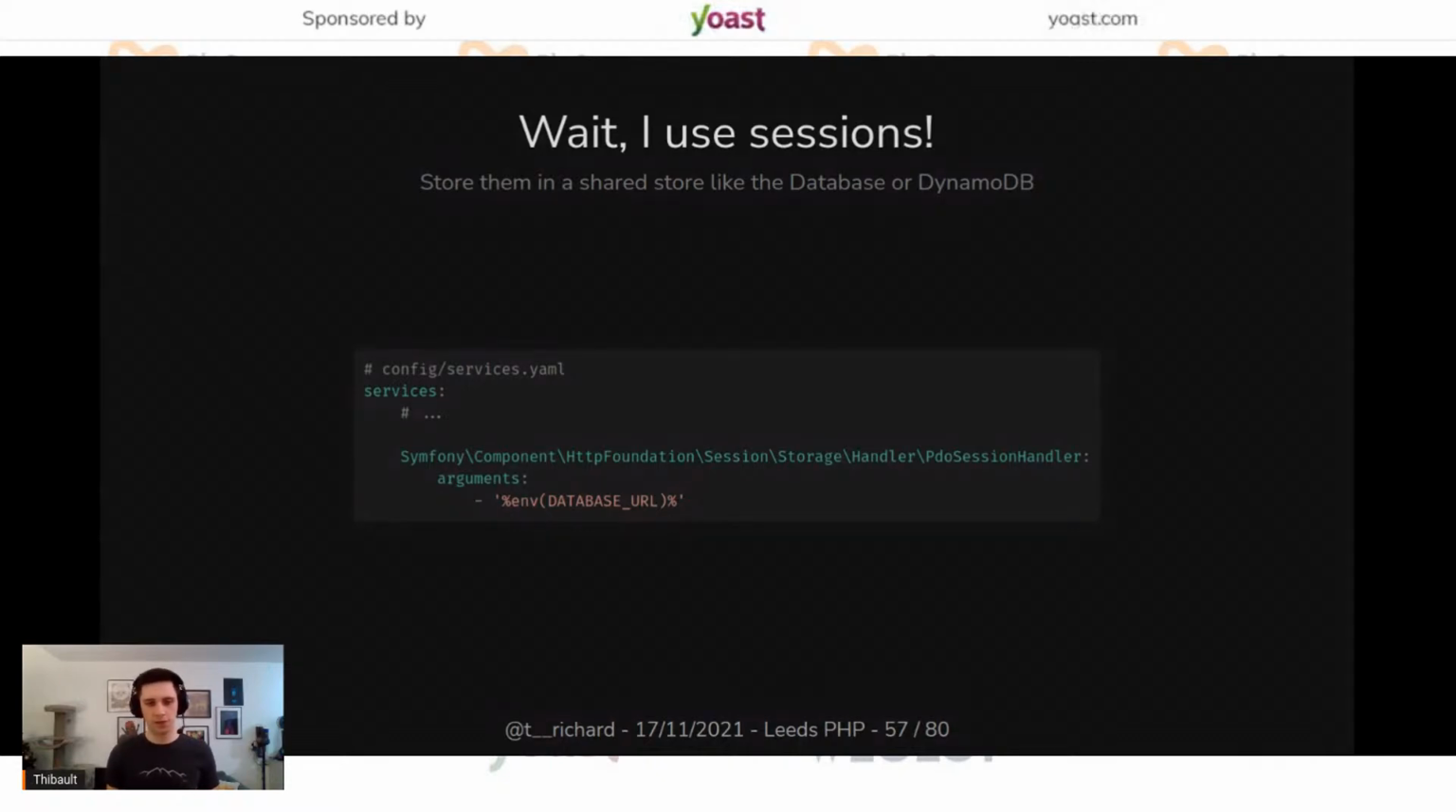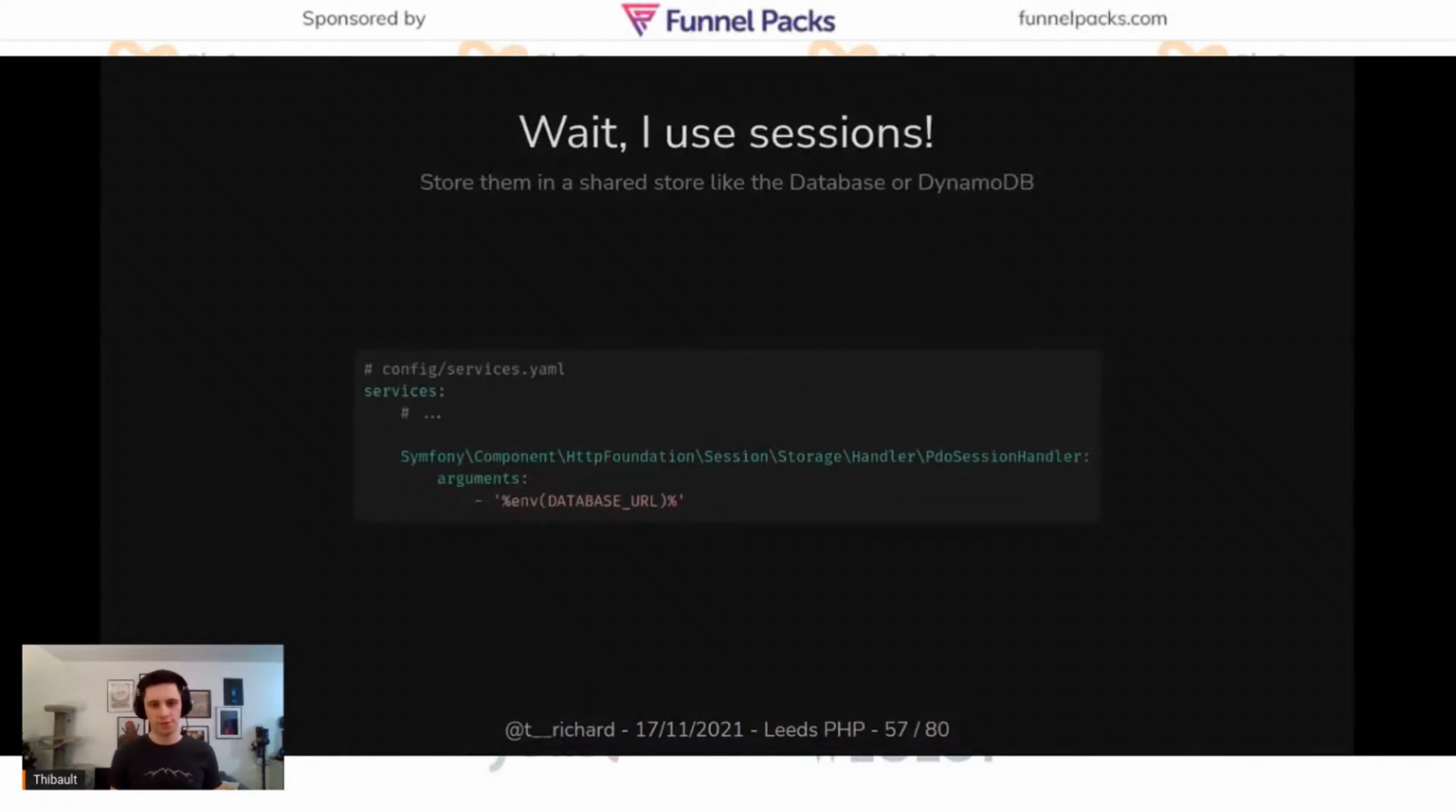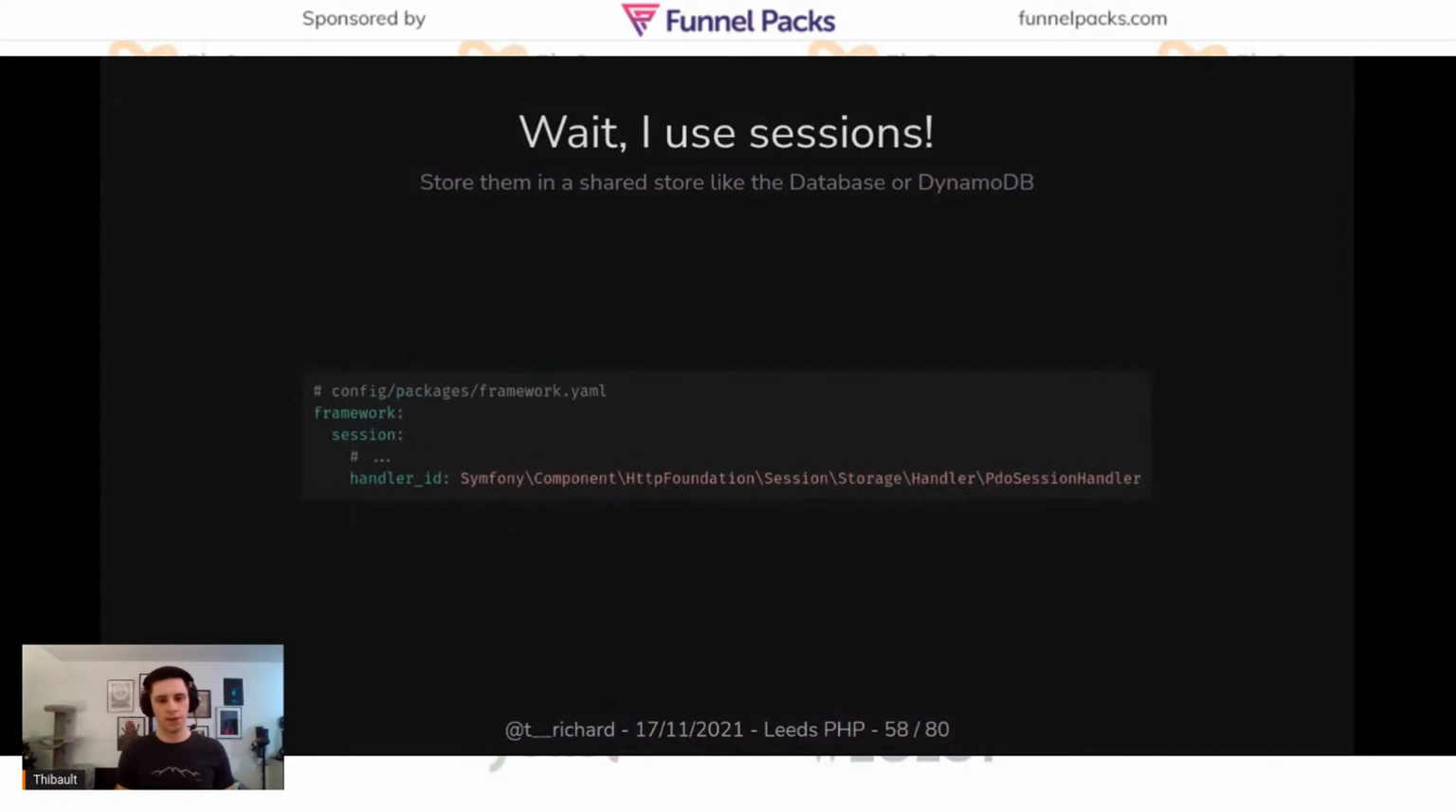Symfony has built-in support for this. We just need to declare a service, give it the database URL, and then we configure the framework.session.handler_id with the handler we created just before. So we create a handler, we register the handler service, and then we pass it to the session. We say it's the session handler, and Symfony will just store the sessions in the database. And you need to also add a migration with the table, of course, but all of that is documented